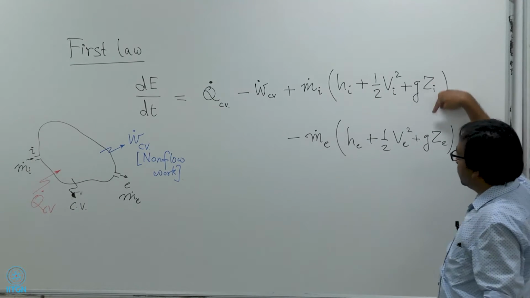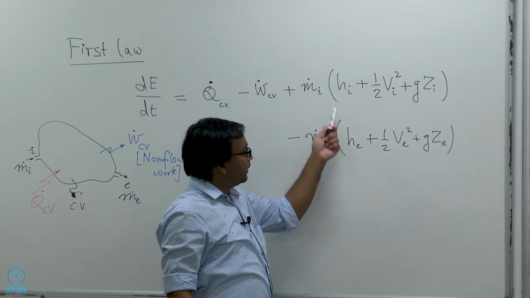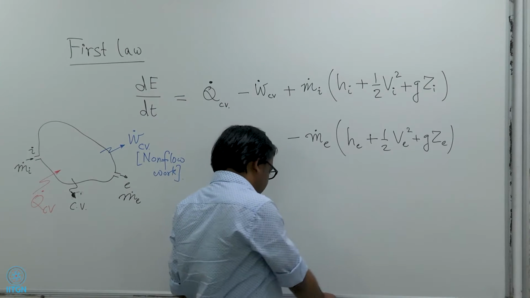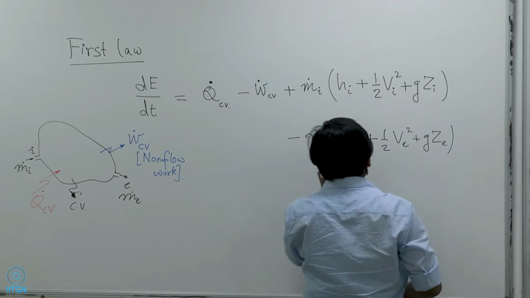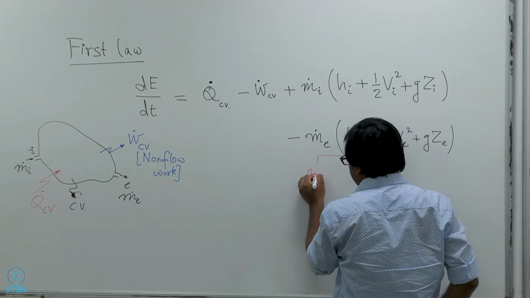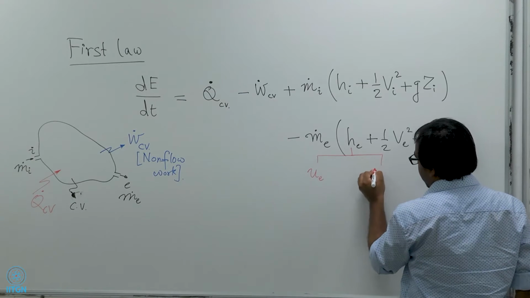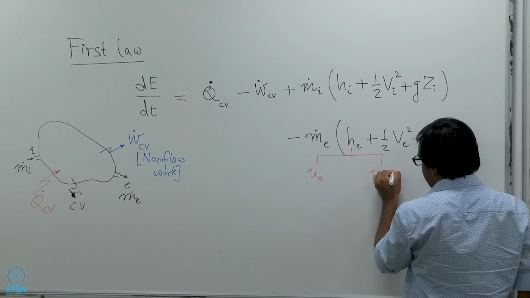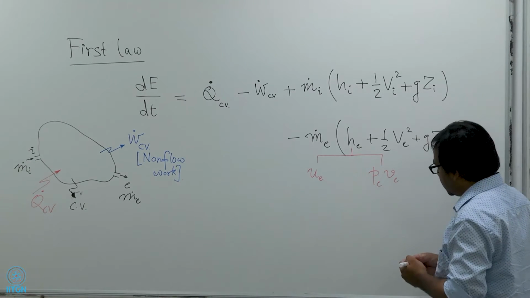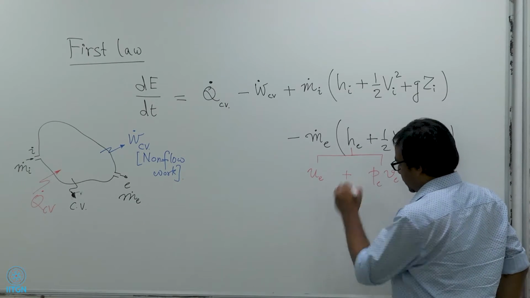This is the contribution from the potential energy, and you might recall that the reason we are getting enthalpy is that this enthalpy has two parts. So, it has internal energy, which is U E if I write it at the exit, and then it also has the P E times V E part. This is the expression for enthalpy. So, it has two parts.